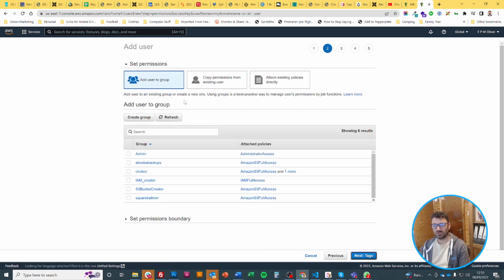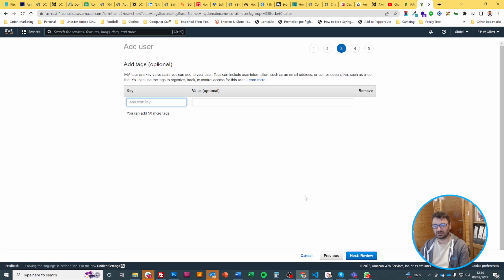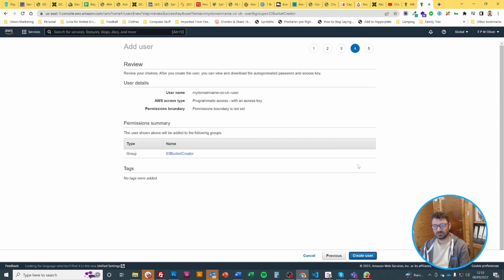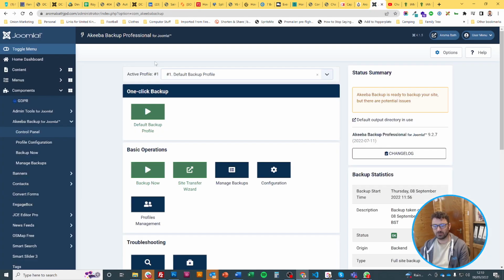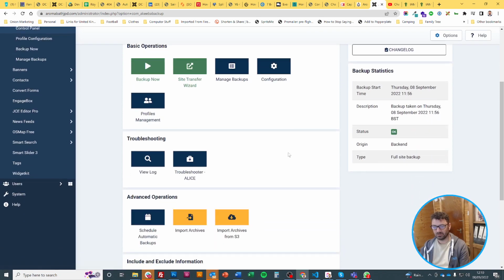Click on next, and I'm going to add them to the user group, and I've got the S3 bucket creator, so I'll add them to that one. Next is tags. I don't need tags, so I'm going to click next, and now I can review it. I've got my username here, which is important to remember, and I'll create user. Obviously this isn't a user I'm going to use, so I can show you this stuff. This user I will need for my AWS, and this access key I'll need, and the secret access key I would also need. So if I then go into Akeeba and I go to